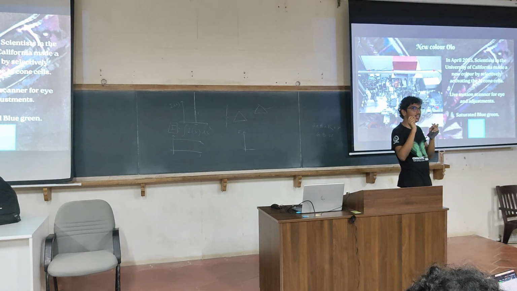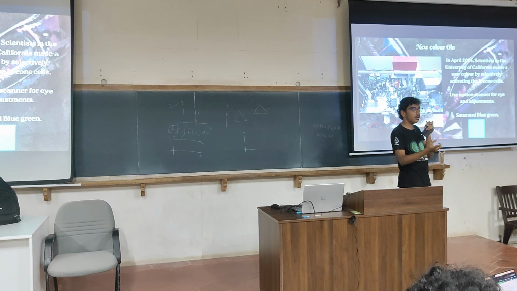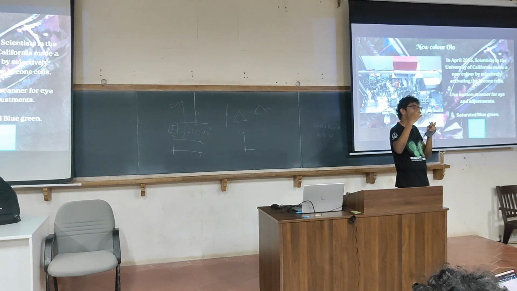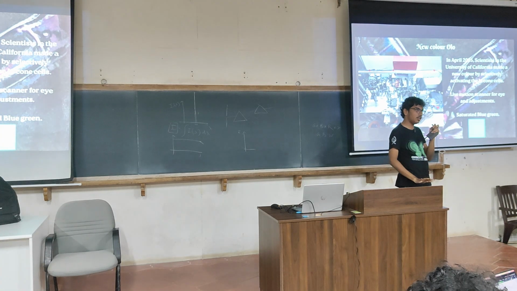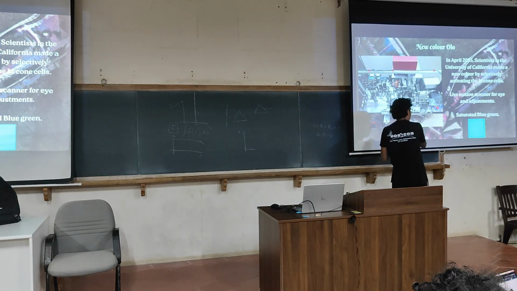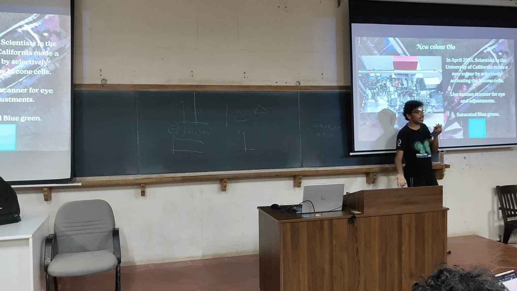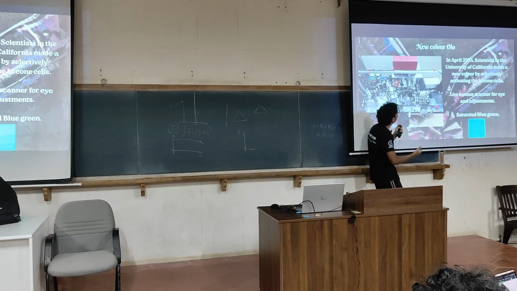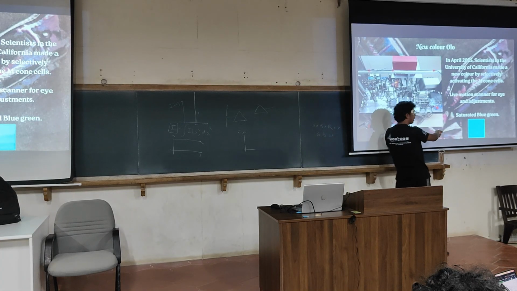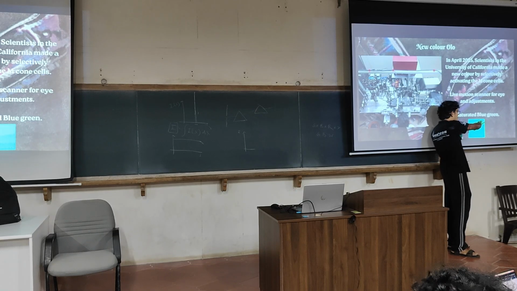This device will send green lasers only to the M cones, not to the L cones, not to the S cones. So M cones will have the maximum excitation, while L cones and S cones will have zero excitation. The people who did this experiment saw a super saturated blue-green, a color which they never see in day-to-day life. They named this color Olo. And this is not the color itself, this is the color in the visible gamut which is closest to Olo. Olo is a more saturated version of this.